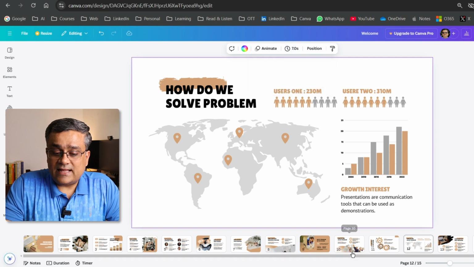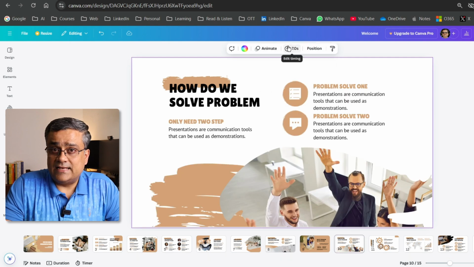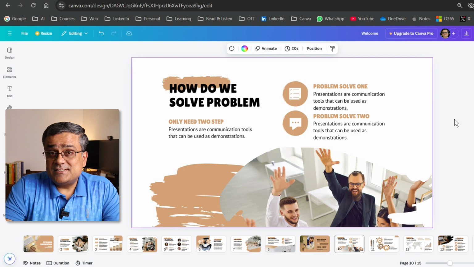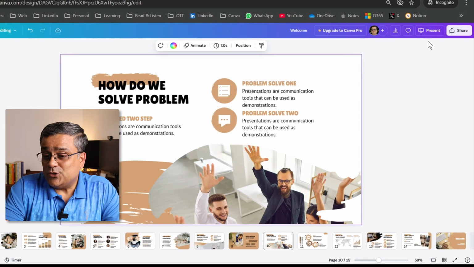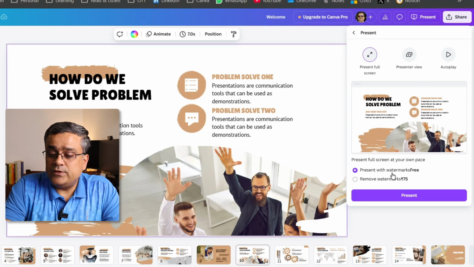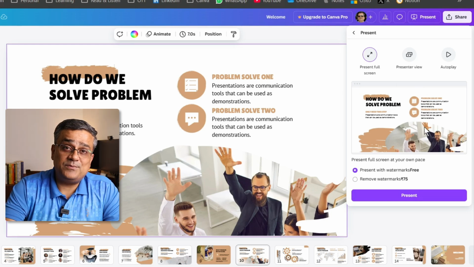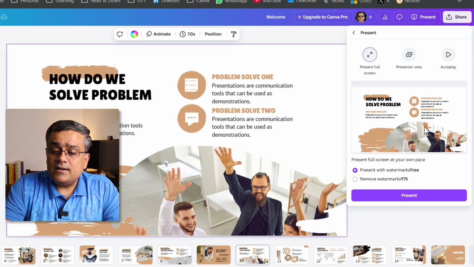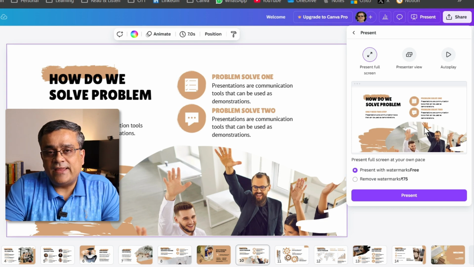And then all the slides will have 7 seconds by default as a timer. Now a few things related to presentation, and those are very, very impressive. Let me show you. If I click on present, then you will get one option here, that present with watermark. Considering we are using the free plan, that's why this option is showing. But we have not used any of the premium content within this slide, so we are fine to use it